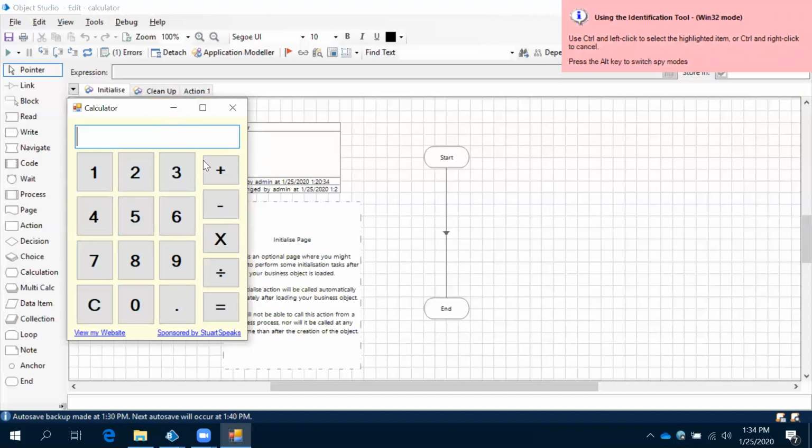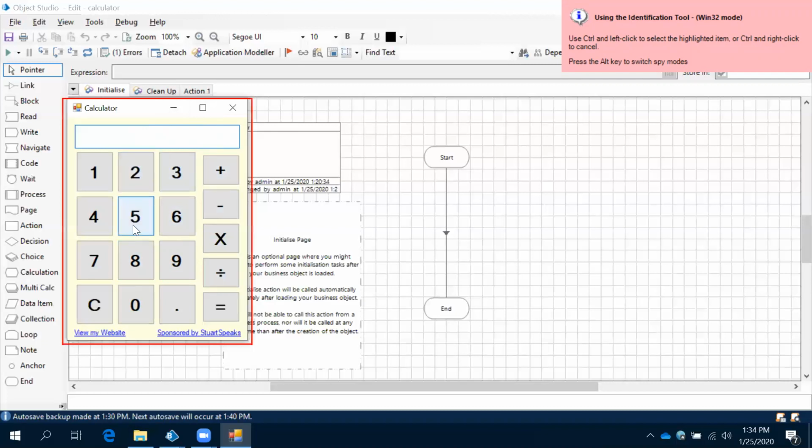And then Win32. For any desktop application, executable file, the default mode is Win32. See this, it's highlighting, right?